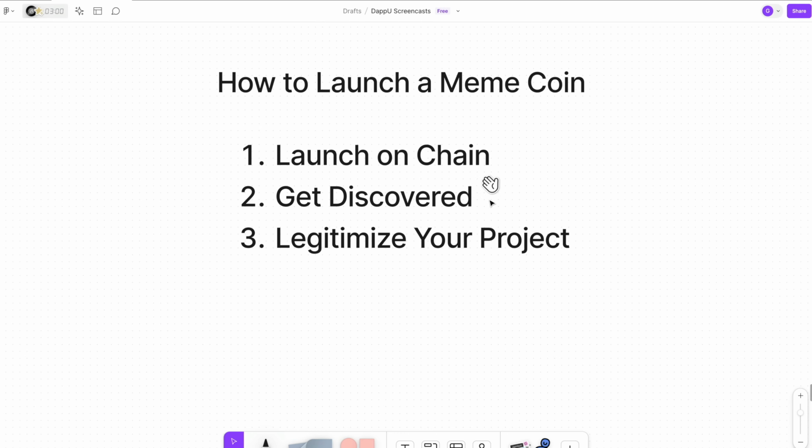Once you launch it on chain, this is a situation where you build it and they will come, because there's so many good discovery tools that already index the information from the blockchain that people will just start trading your token even if you don't do anything else. But if you want your token to actually be successful, you need to legitimize your project by creating things like a website, Telegram accounts, social media presence, which I'll also get to in this video. So we're going to cover all this. Let's go ahead and jump in and get started.